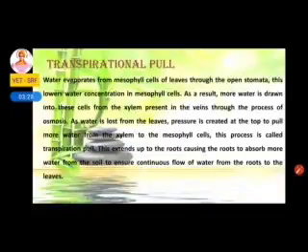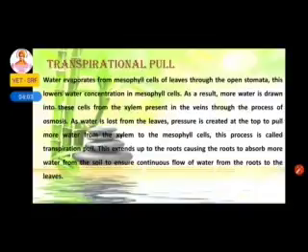The next one is transpirational pull. What we mean by transpirational pull is, once the water is evaporated through the leaf cells, there is no water now, so the water has to reach the leaf. When there is no water, it creates a pressure. This pressure will pull the water from the lower surface, that is the root, to the leaf. So that creates a pull, and as a result the water from the root reaches the top of the plant. Let us see that.